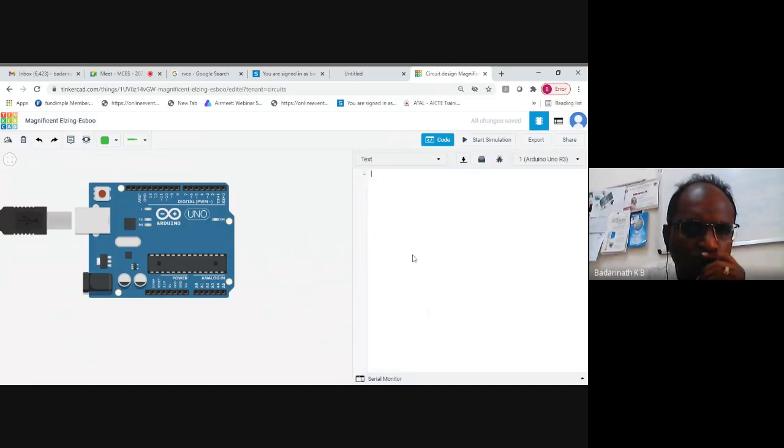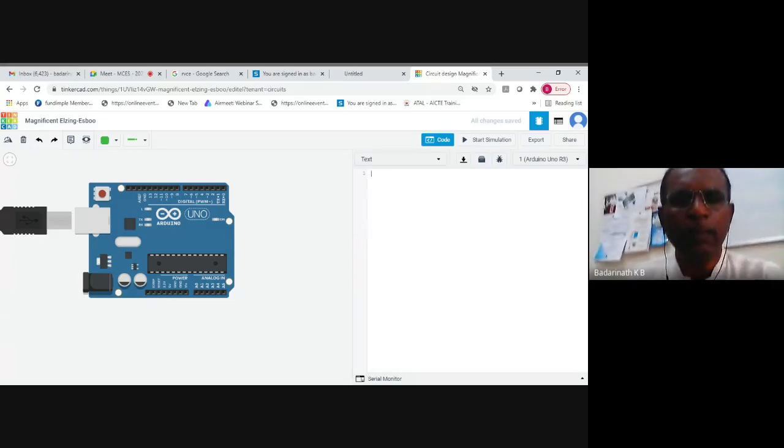I will clear the whole code. I will not use any of the code which is already available. Sample codes are available for all the component modules in Tinkercad. But I will be typing my own code so that I will have confidence when I build my projects. So try to write your own project codes. It always gives you confidence when you encounter a situation where ready code is not available.